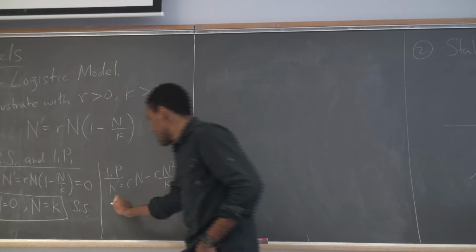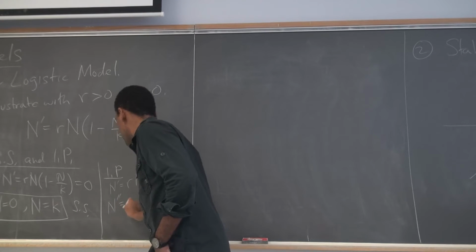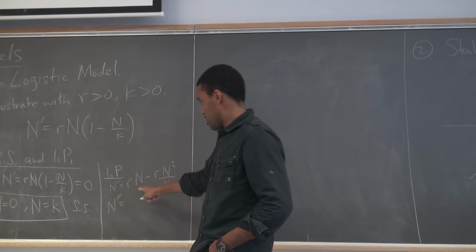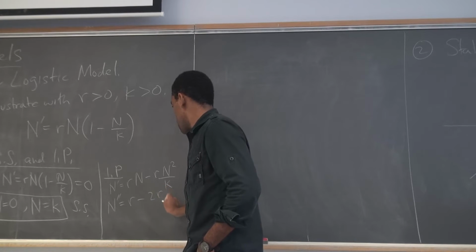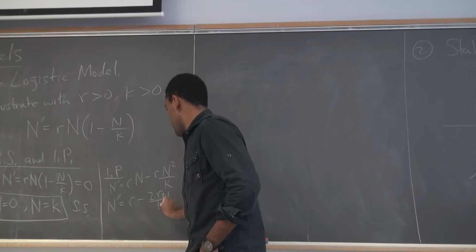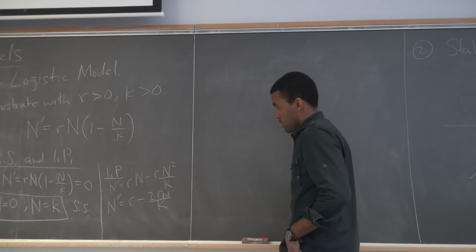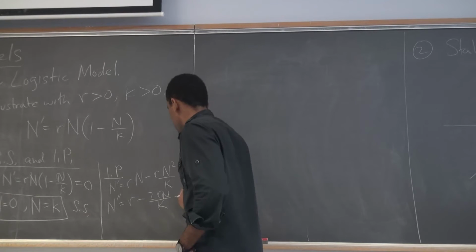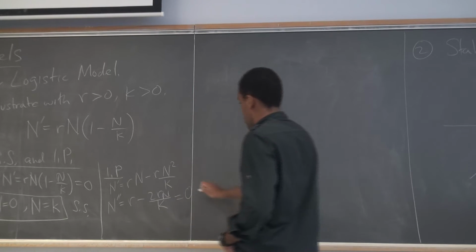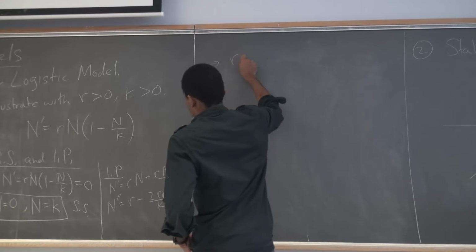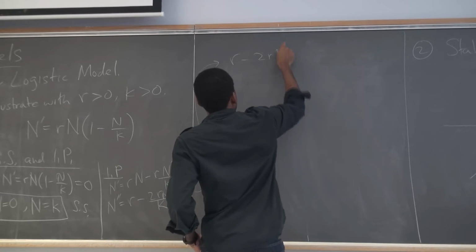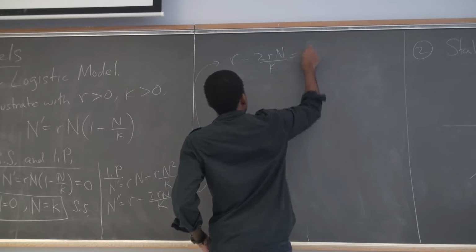Right? And then I can find the second derivative, which here, just take the derivative of that, I get r, take the derivative of that, I get 2Rn over k. And now I want to set that equal to 0. And what's going to happen? If I have r minus 2Rn over k equals 0,